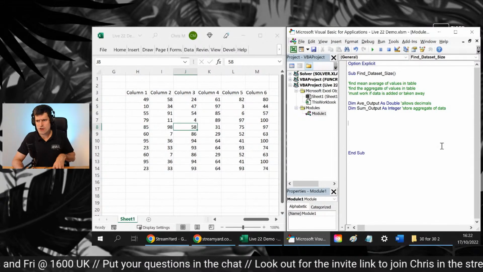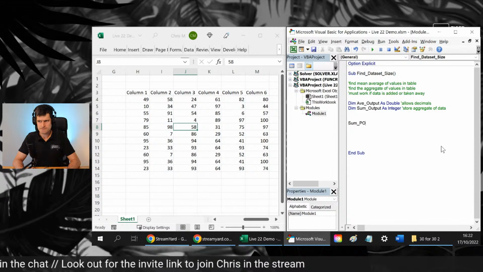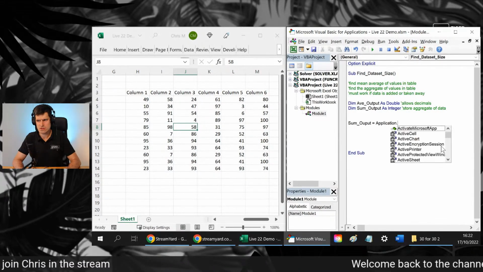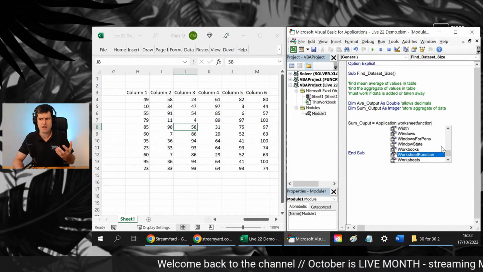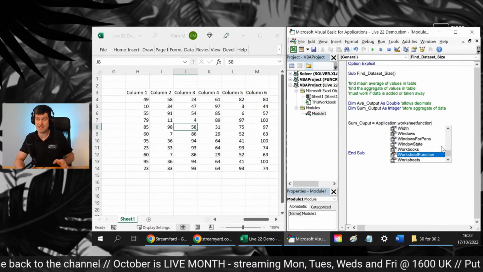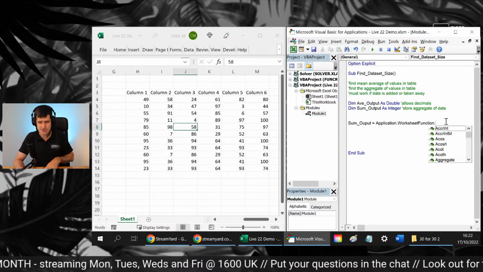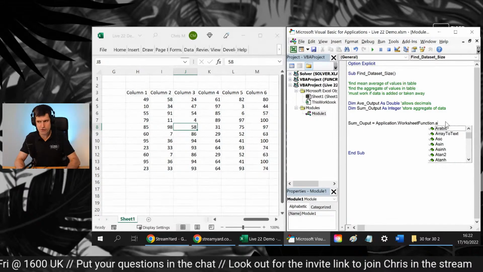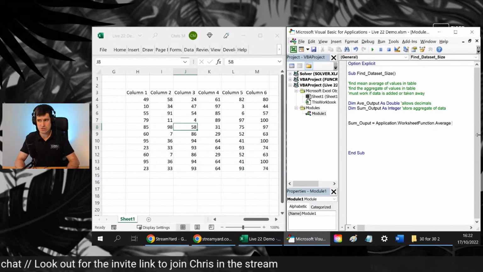How to do this? Well, let's try application.worksheetfunction. So I'm going to say sum output here equals application.worksheetfunction. There we go. Now, a couple of sessions ago in the Excel VBA 30 real world problems and solutions series, we did a session on application.worksheetfunction. What it allows us to do is to call a worksheet formula, to access a worksheet formula from the VBA editor. If we say application.worksheetfunction.average,